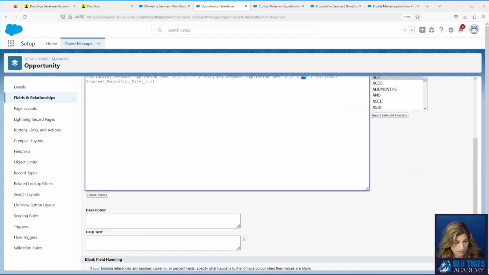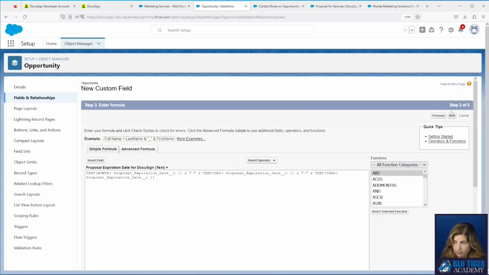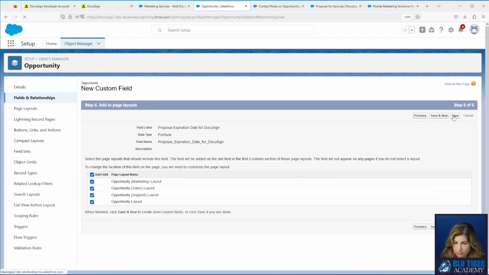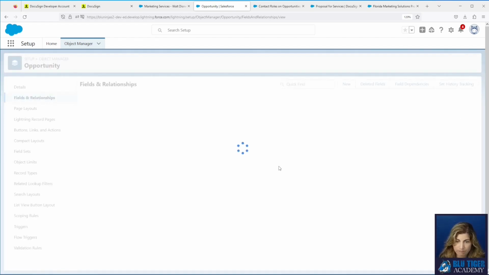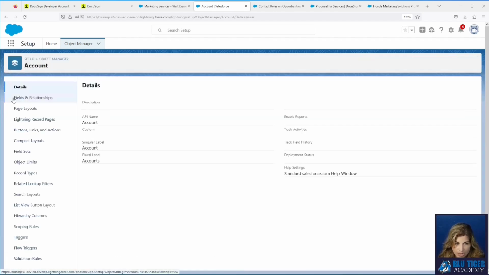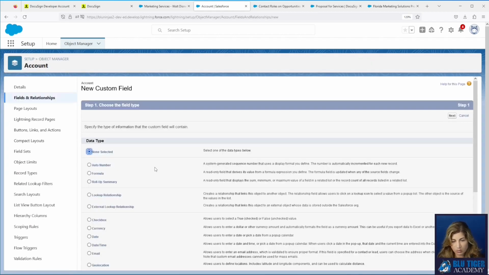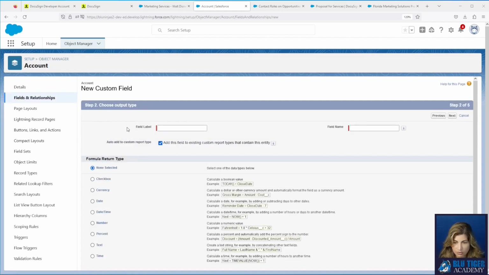We'll add the help text. This field is used in DocuSign to show the proposal expiration date field in the US date format. It's not going on the page layout either. We'll click Save. Now we need to do our account billing address. We want our billing address to be all in one line. This is called billing address for DocuSign.